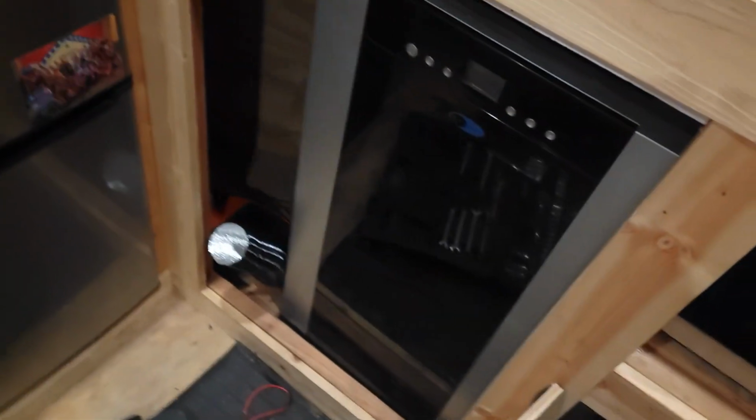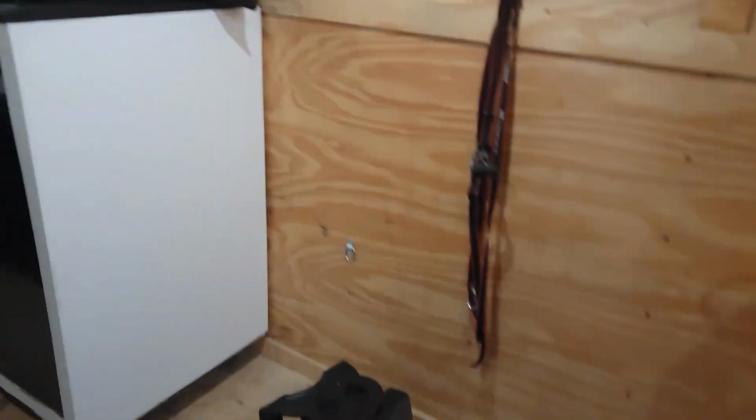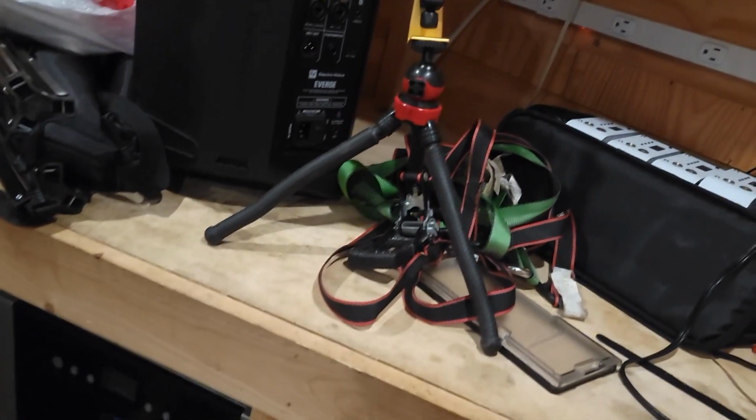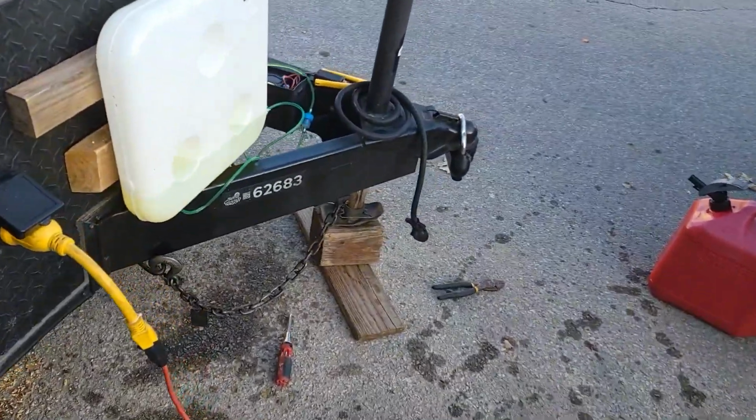I still got to screw that thing down, the actual motor. Next thing I gotta do is I gotta get my photo booth up in here and then get everything prepared and everything packed away and ready for my trip. But I gotta mount that completely, and then I gotta figure out my power situation because that's my boat battery. But I cannot hear the fuel pump clicking inside. I only hear it out here, so